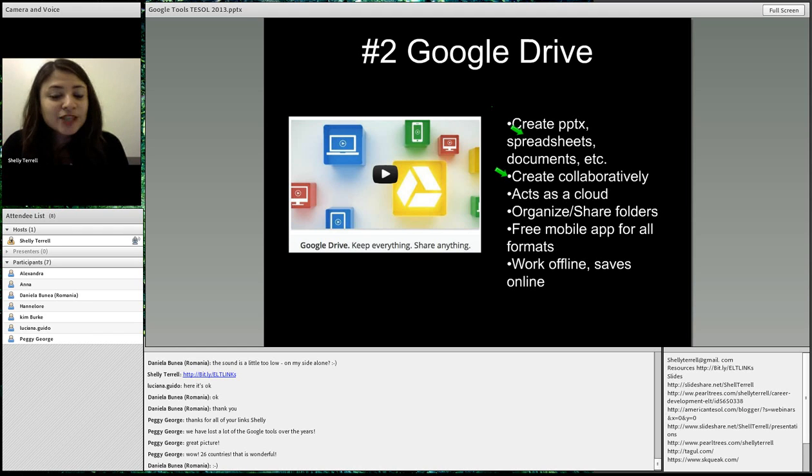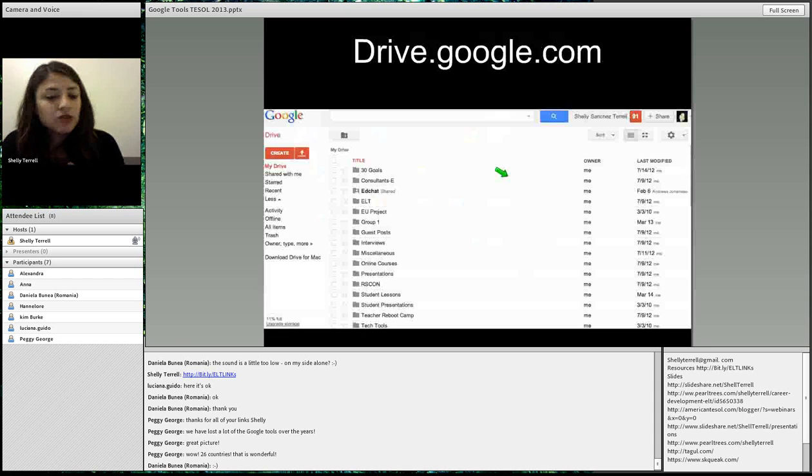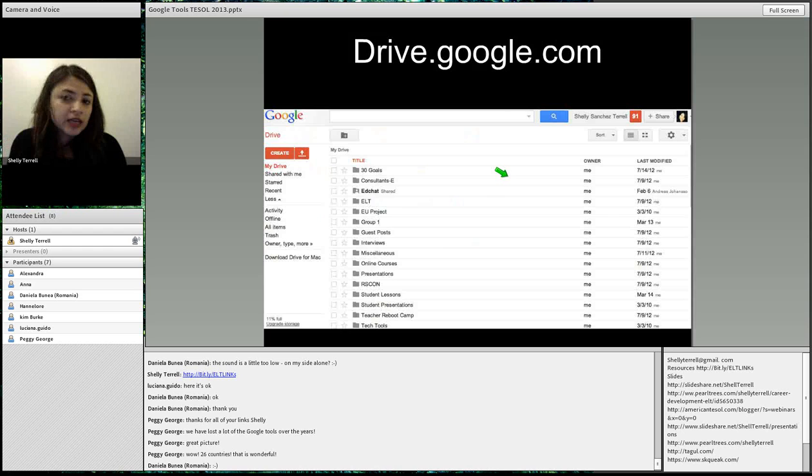That saves me so much time, because imagine that your students don't have internet access, or you don't have internet access in the classroom. They can still use their computers, they can still use their mobile devices, and they can work on Google. And then as soon as they get home, and if they have internet access at home, then all of a sudden it'll update their projects, which I think is very good.